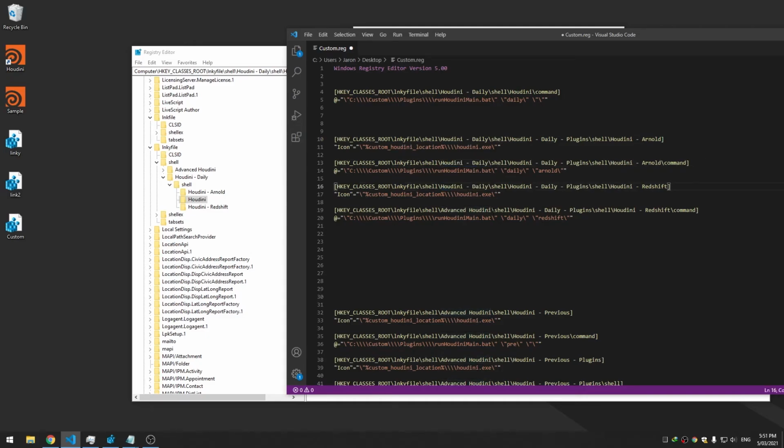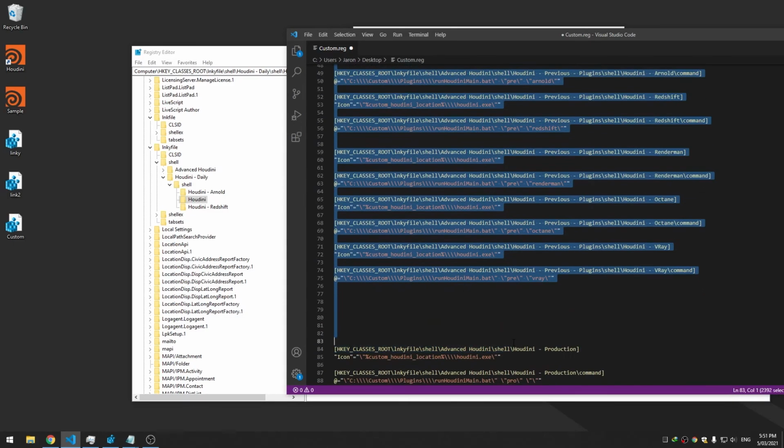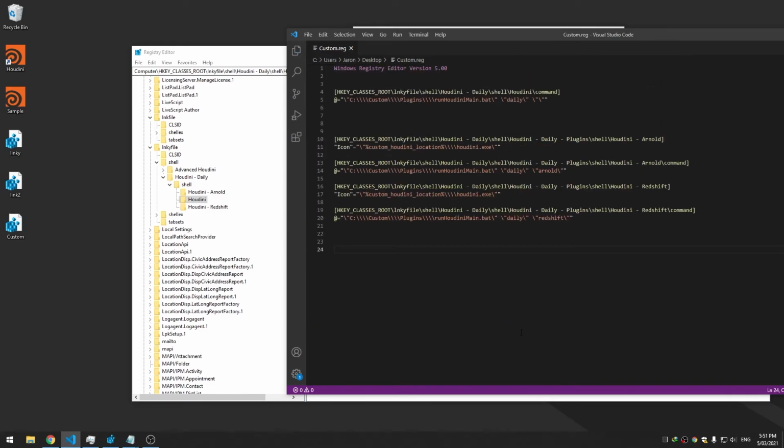I'm also just going to remove everything from here for now. So I've got advanced Houdini, getting into the daily shell now, so daily here, and I want to remove this section because I'm just going to say to Houdini Arnold, this one is to Houdini Arnold as well, and this one is to Houdini Redshift,